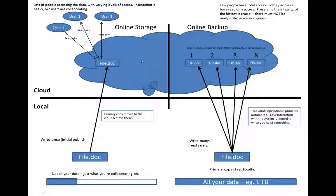So now let's turn and look at the online storage/collaboration solution. Starting at the bottom of the stack, how much data do you use with a Collaborate product? The answer is very little, just what you are collaborating on. Just as all of your business records are not on the whiteboard, they're all in the filing cabinet. The stuff that's on the whiteboard is really just what you're working on right now. In terms of